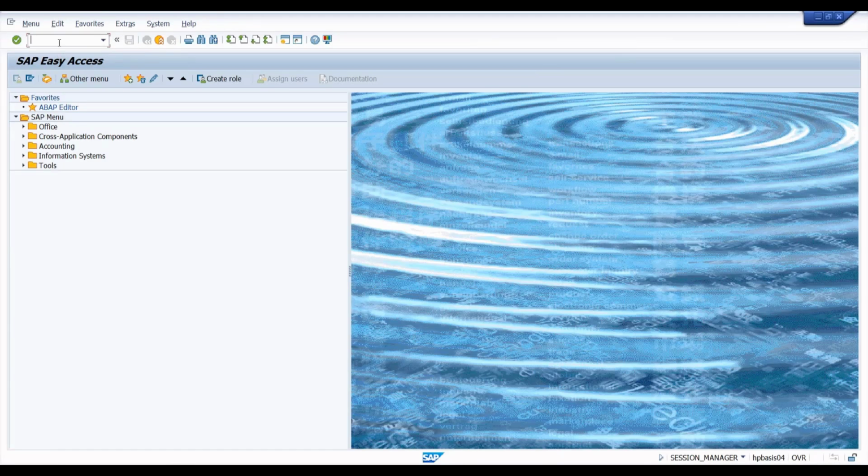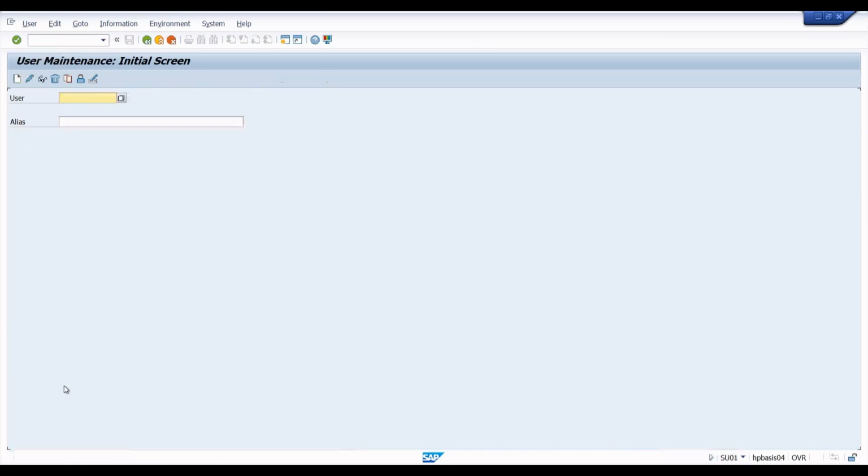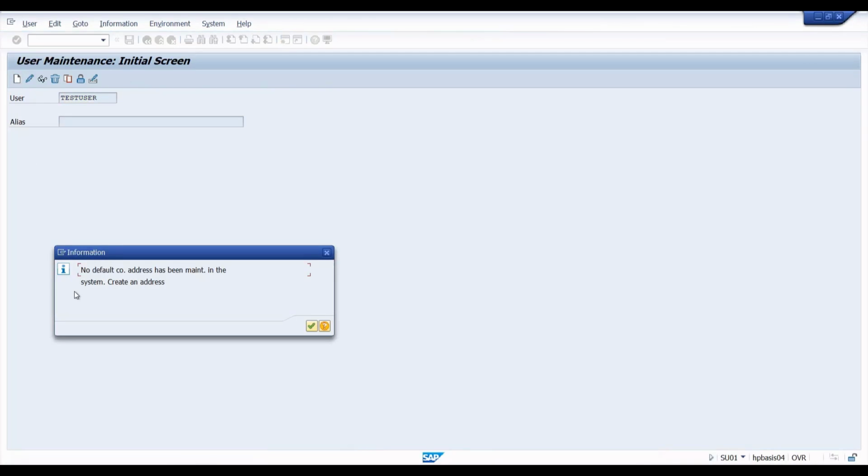So I'm just hitting SU01, so it is giving fast response. I'm just giving test user. You're not supposed to give any spaces. So after giving the username, you just click create. No default address has been created, create some address. Okay,